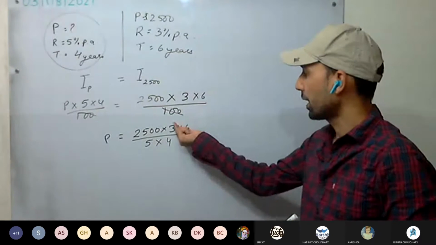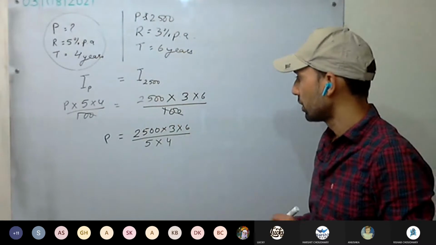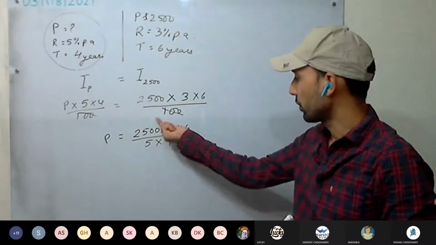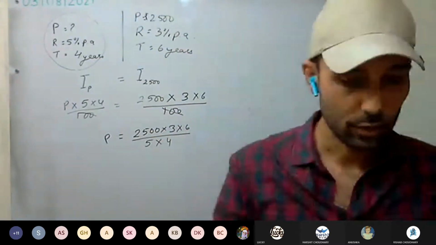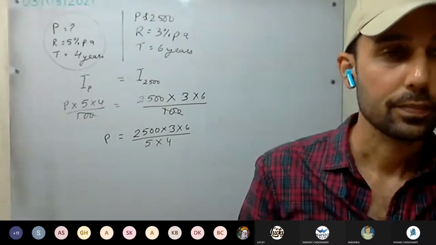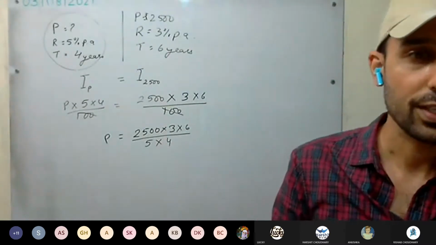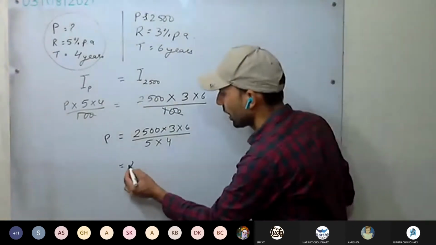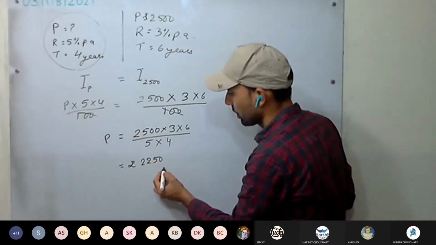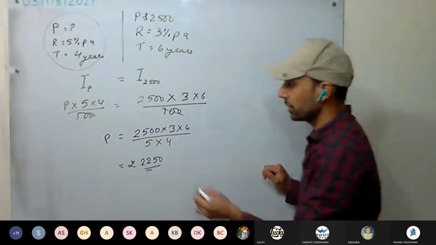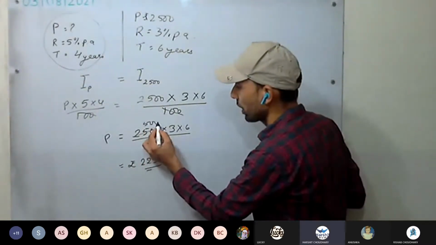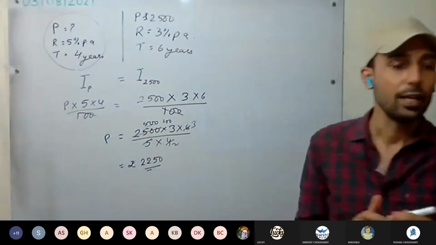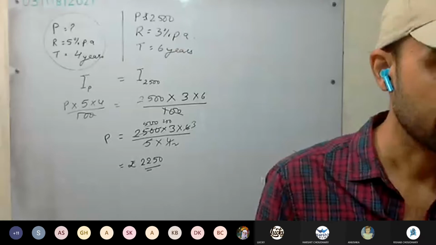500 here, 3 9 into 500, 4 2 is still there, 250 into 9. How much are you getting? 250 into 9, 25 times 9 is 225 and 0. Are you getting this one? 2,250. 250 into 9 is this one. Is this clear now? Have you understood this one?